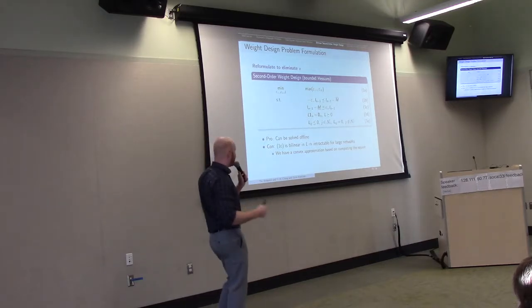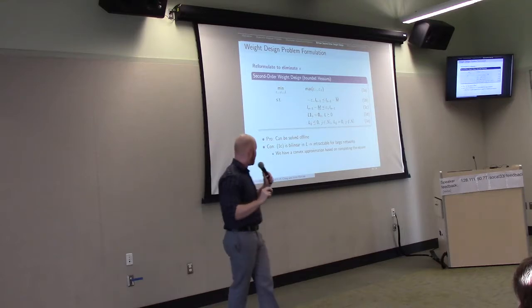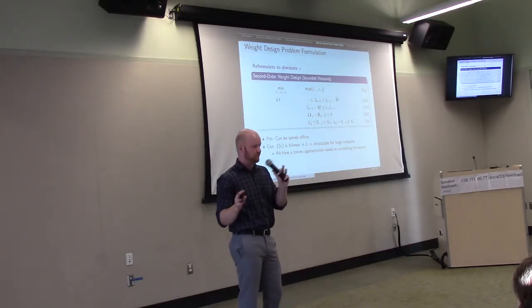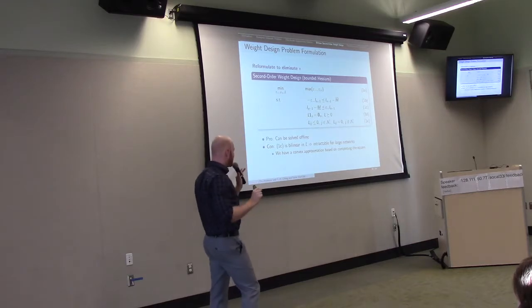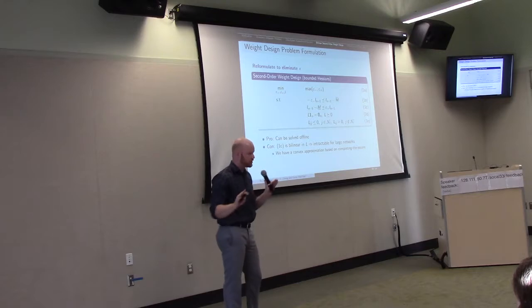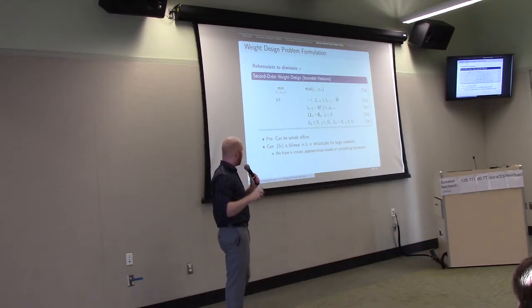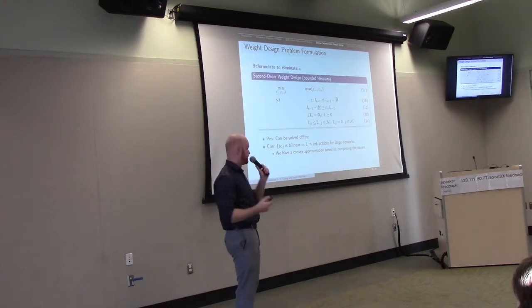The con is that actually both 1b and 1c are bilinear in L. 1b is not a big deal. It ends up being convex, and you can apply Schur complement and take care of that. So that's fine, but 1c is a little trickier. So we developed an approximation which is loosely based on completing the square in terms of handling that, and you can reformulate it as an LMI in L,